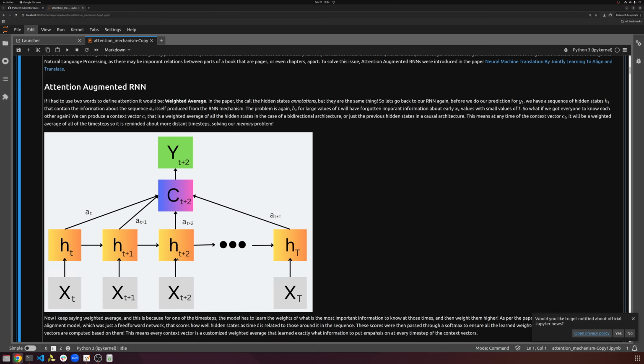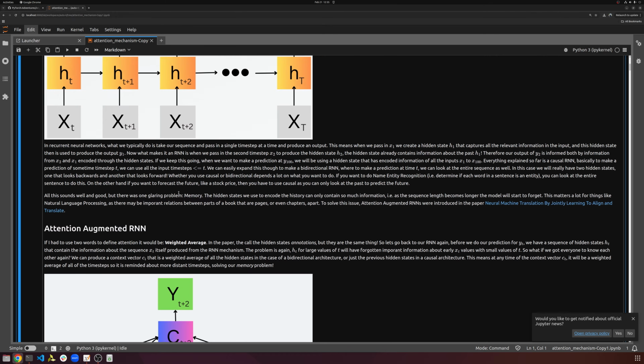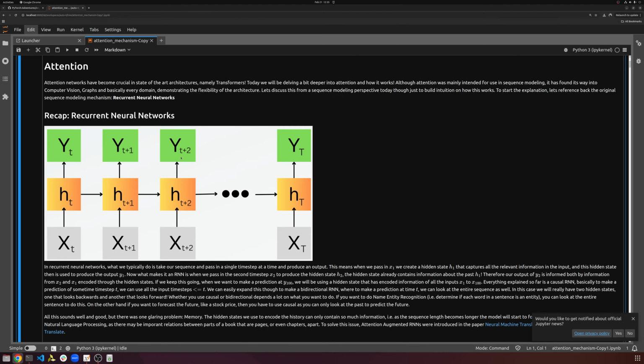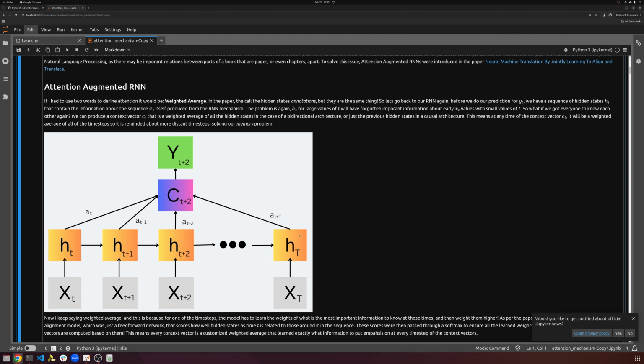But let's keep it simple and think about a single direction LSTM where this hidden state t plus 2 encodes the information from xt plus 2, but also the historical information of the sequence. But due to backpropagation through time, we could only go back so many time steps before the gradient was too small. And so the idea was, well, instead of taking a hidden state and predicting some yt plus 2 from it, like you see here, why not first take a weighted average of